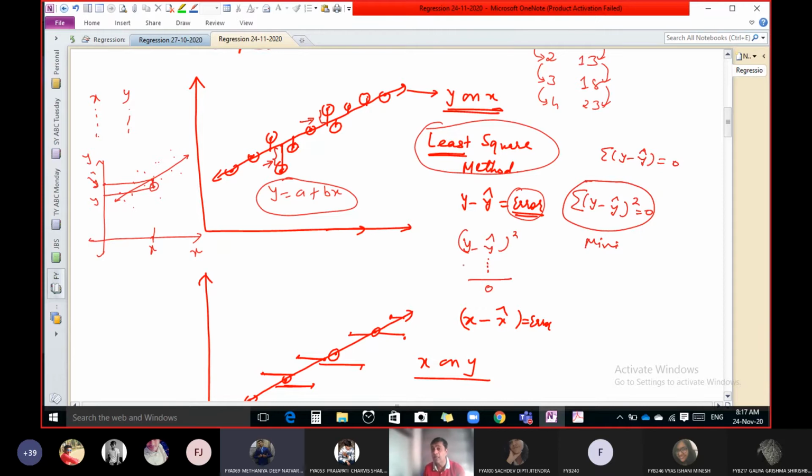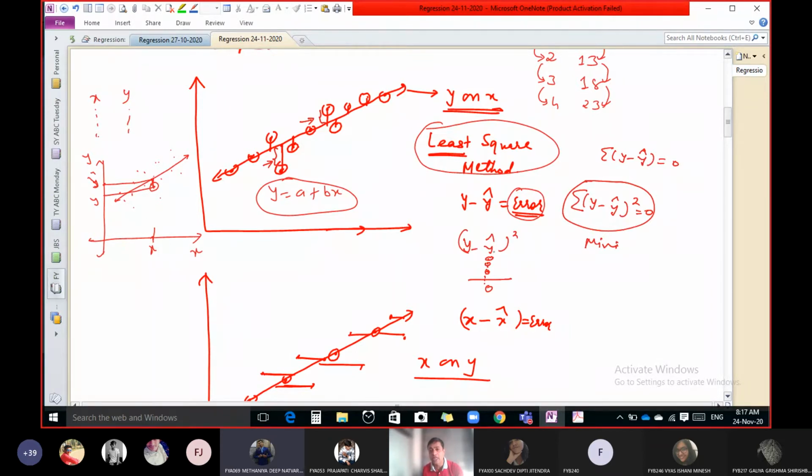Correct, you are absolutely right. But there is one situation when all values are 0. When do we get all values 0? When there is no difference available, sir. Correct. That means your y and y cap are the same. Yes or no? Yes, sir. Means your error should be minimum.